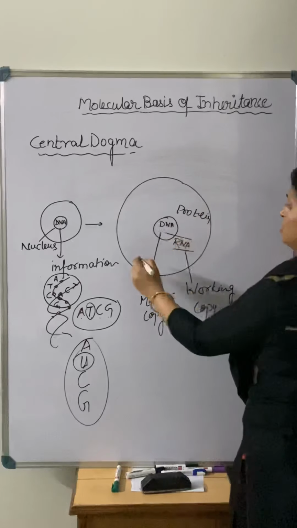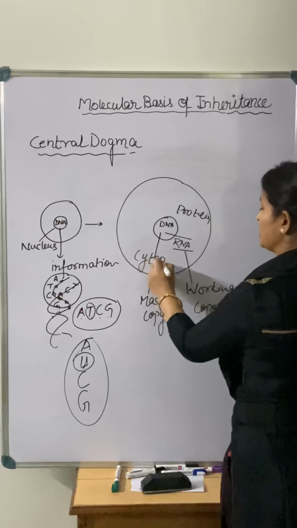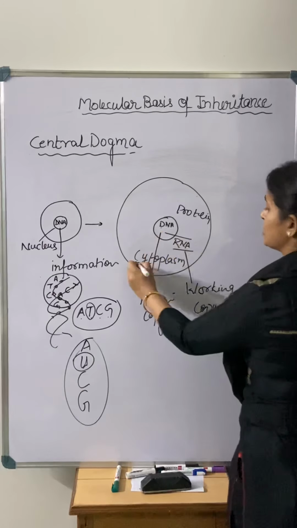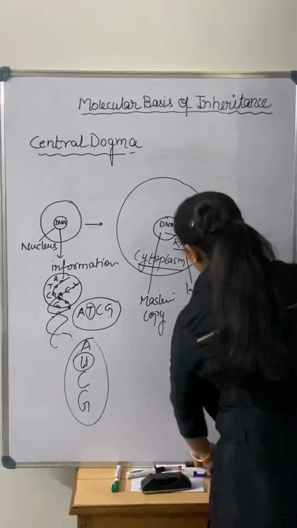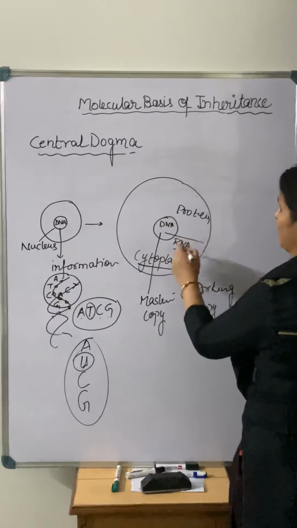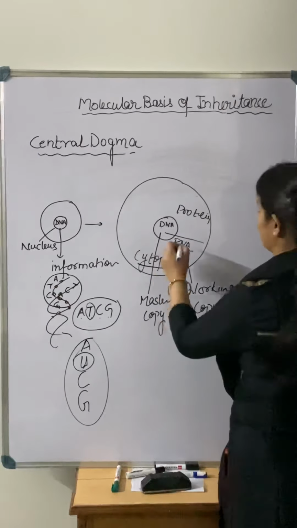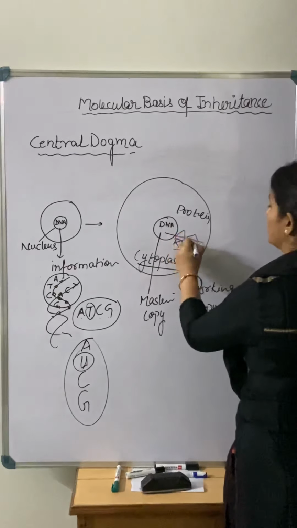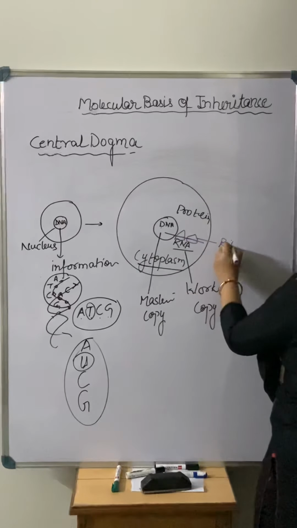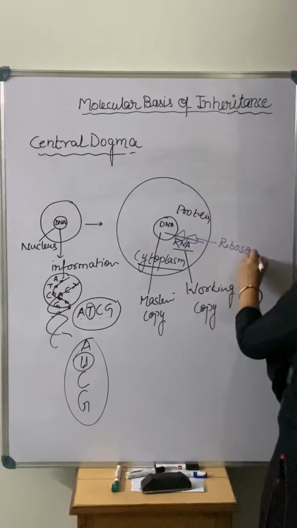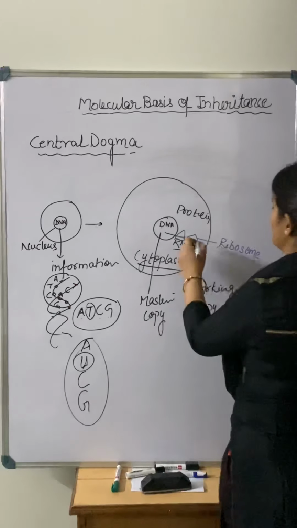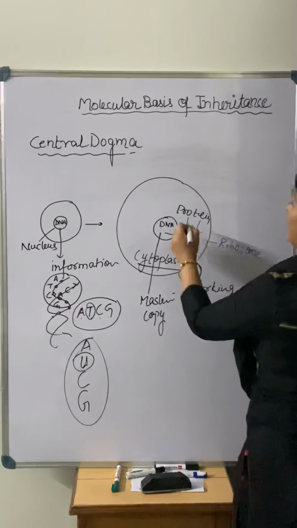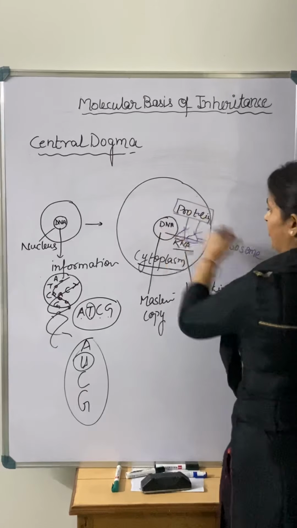where? In the cytoplasm. So where are these things taking place? In the cytoplasm. DNA is copying information in the nucleus, and this is the cytoplasm, right? Now what happened? This RNA forms a template-like structure that we will discuss in the coming videos, and there is a presence of ribosomes, right? And these ribosomes build the information in the form of protein, right?